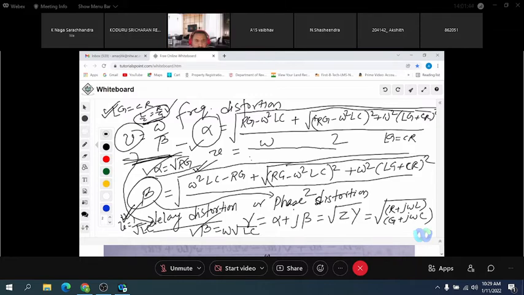Okay, and using coaxial cable, you can minimize the delay distortion. So what is the value of L, C, R and G for coaxial cable? Because you need Lyc equal to Ryg. What is the resistance for the coaxial cable? So coaxial cable will help you to minimize the delay distortion. And the condition for distortionless line you have here.